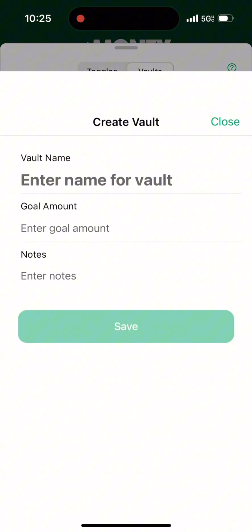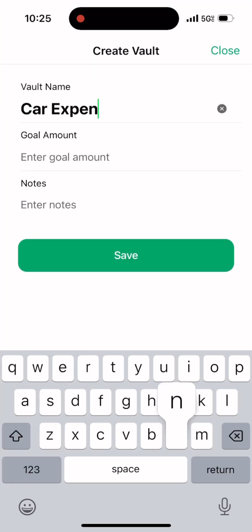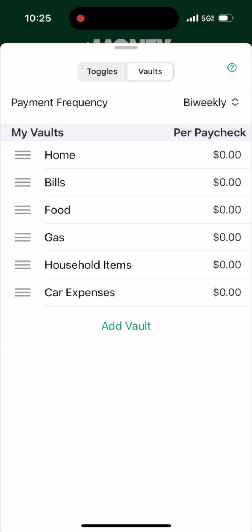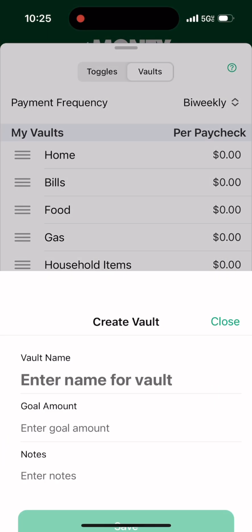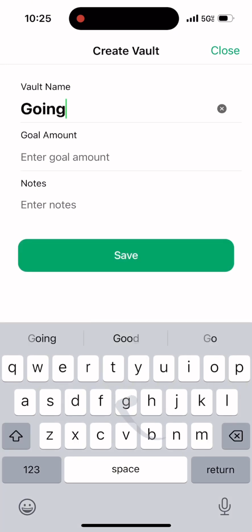set up. So I'm going to go ahead and just continue adding all of the rest of these vaults in here, the same ones that I already have created in my SoFi Bank account, so that then everything can work together. Now, just to provide a little bit of insight into the vault system that works for me, I like to have one of them for rent, right? Just to always make sure that I can just glance at it and be like, okay, good, rent is straight. I also have one for bills, right? My monthly bills. I have some for my sinking funds, right? Or my proactive savings. I may proactively be saving for my going out money, for my shopping money, things of